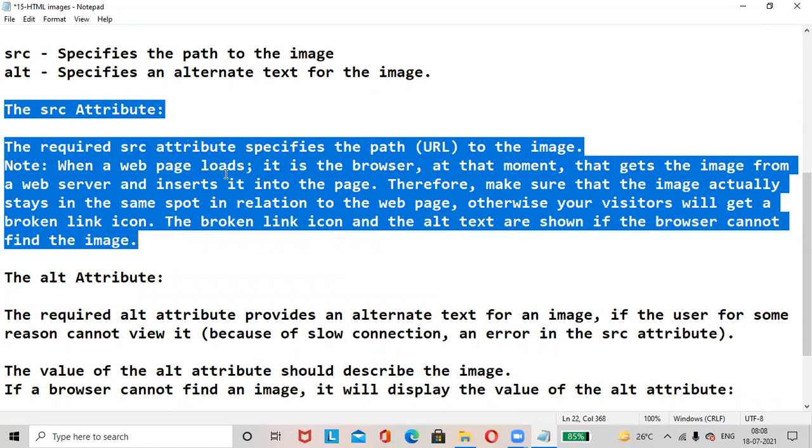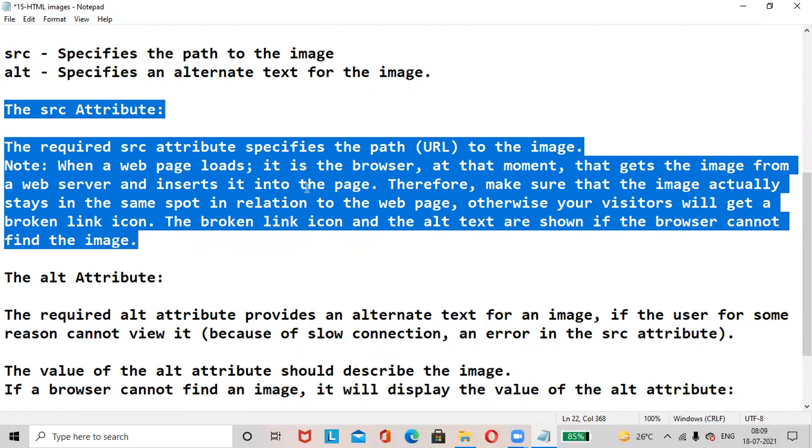Whenever a web page loads in the browser, at that moment the browser gets the image and inserts it into the web page.